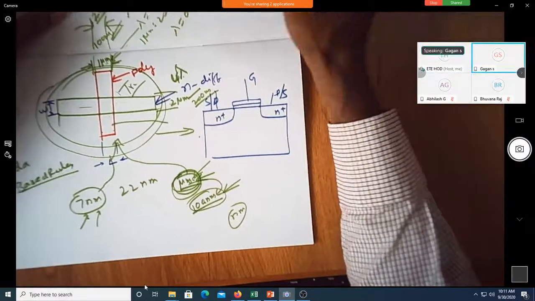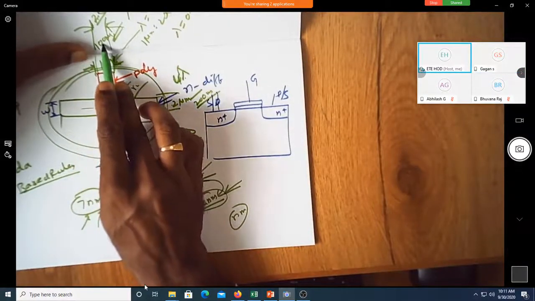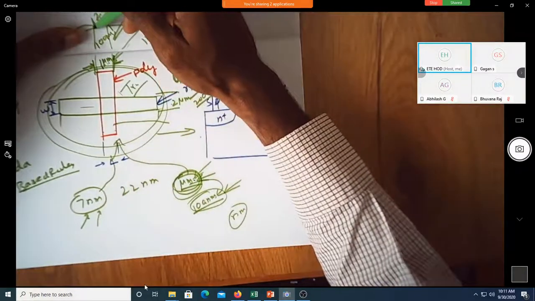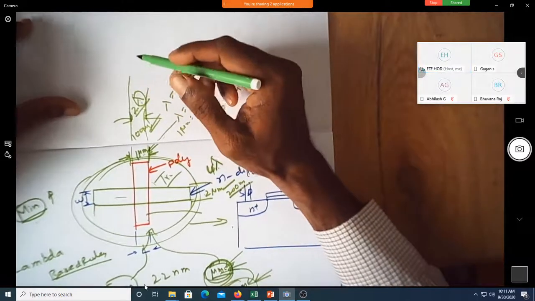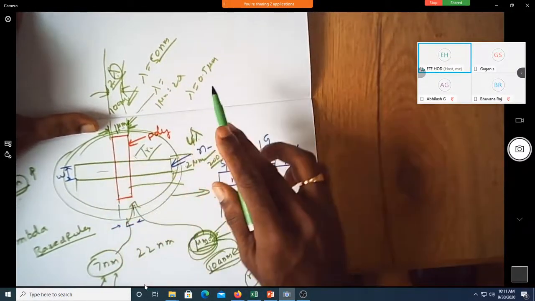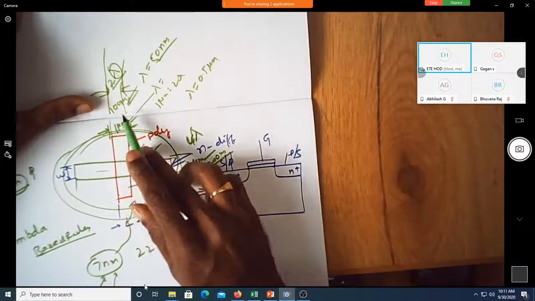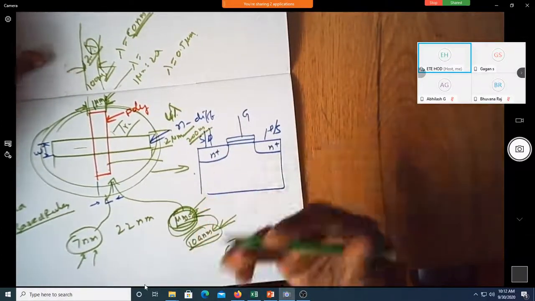Now, instead of seeing the dimension as 1 micrometer and 100 nanometer, you simply say the minimum dimension is 2 lambda. What is the value of lambda? The value of lambda in micrometer technology is 0.5 micrometer. The value of lambda is 50 nanometer when your technology improves.